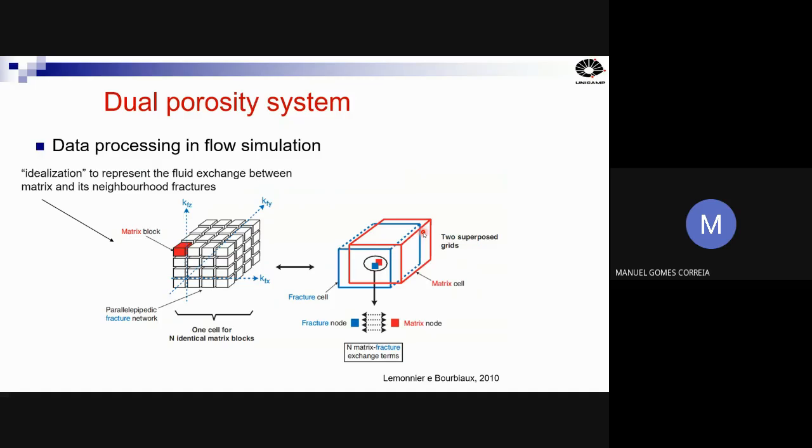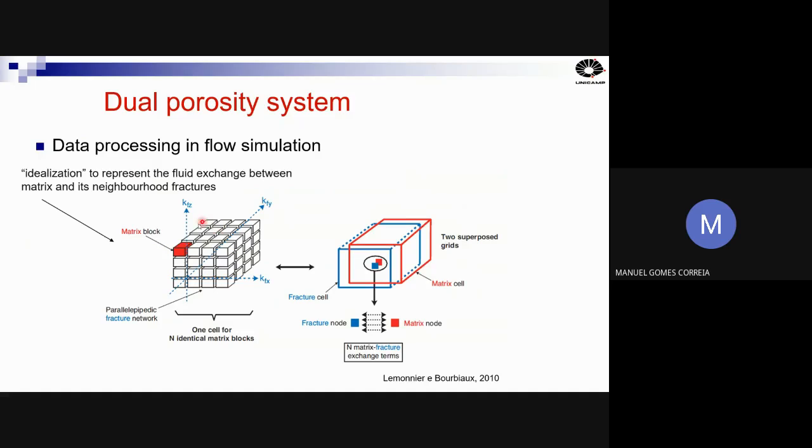But you need to have a matrix to fracture exchange of fluids, okay? Because if you have two grids, how are these grids related to each other? So you need to have a term that represents the fluid exchange between the matrix and the fractures. And what is this figure in the left side? This figure in the left side